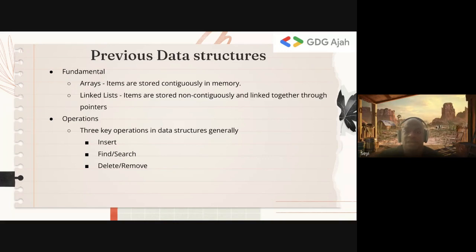And when you're thinking of a data structure, you generally want to do three basic things. Some data structures have additional things, but we want to be able to insert items into the data structure. We want to be able to find or search items. We want to be able to remove items. That is the whole point of having a data structure, right? We want to store data and retrieve data. So insert and remove is straightforward. And if you want to remove an item, you need to find it. So these are the three key operations that data structures have. And for each data structure, I encourage you to think about how these operations work.